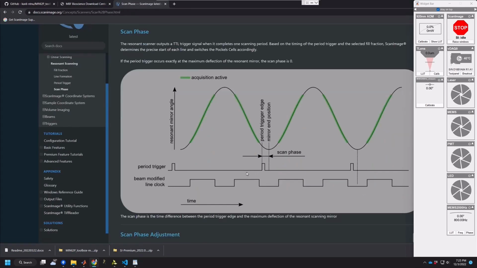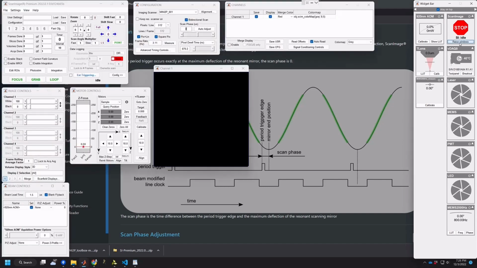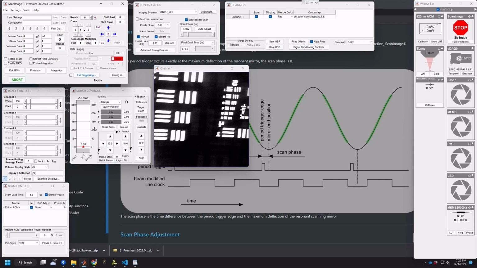We would expect the rise of this period trigger to be at the very local minima of the angular scan angle waveform, but for a normal resonance scanner, sometimes there is some lead or lag, and so you can compensate for it by adding some time in this scan phase box here. So if when you focus you find that,